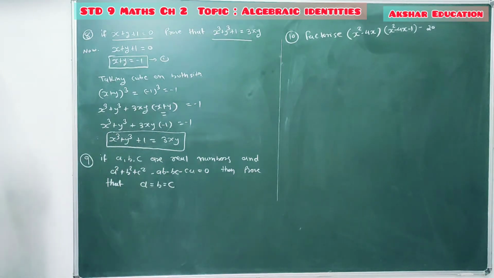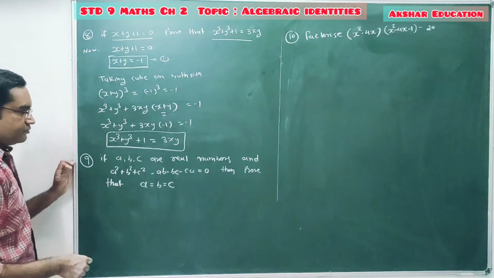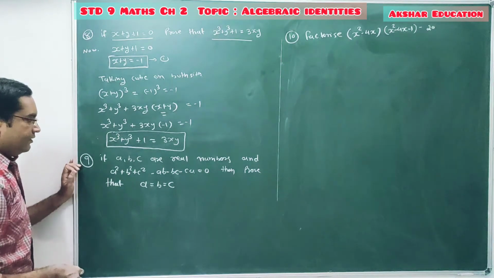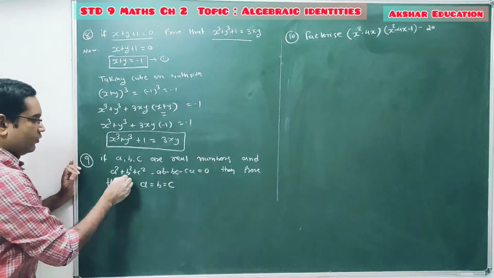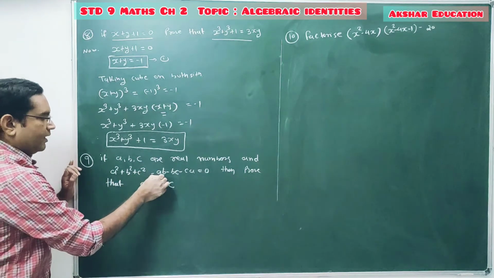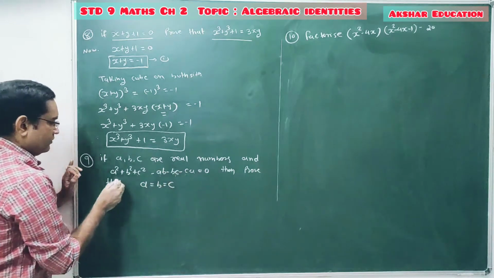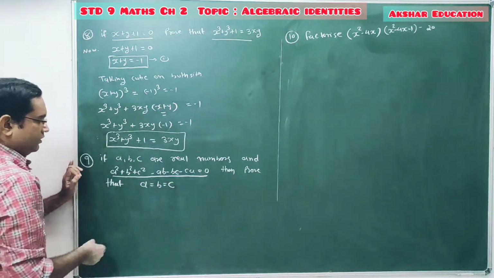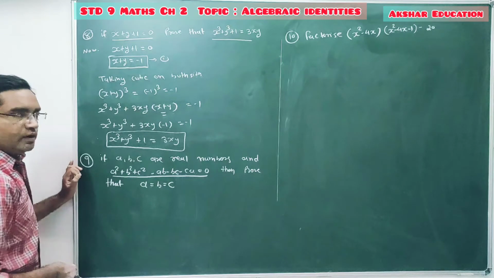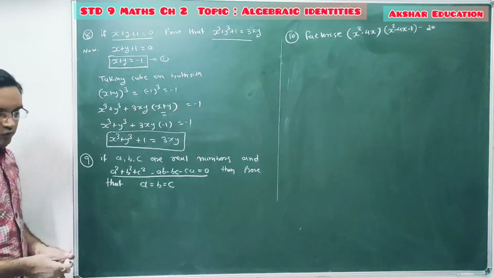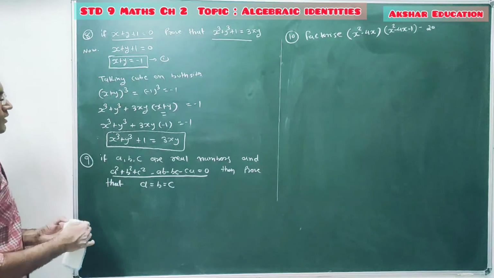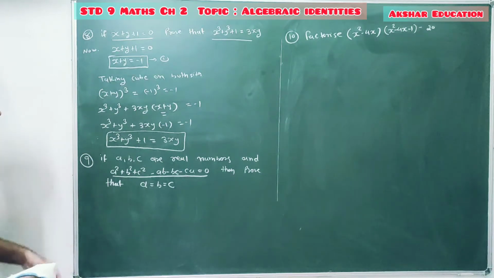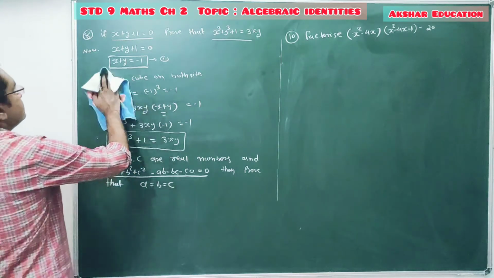Done? Now, question number 9. So in question number 9, we are given that a, b, c are real numbers and a square plus b square plus c square minus ab minus bc minus ca equal to 0. This is given. Then prove that a equal to b equal to c. So for this, first pause the video and note down this question number 8. Then we will start this question number 9. Done? So now,